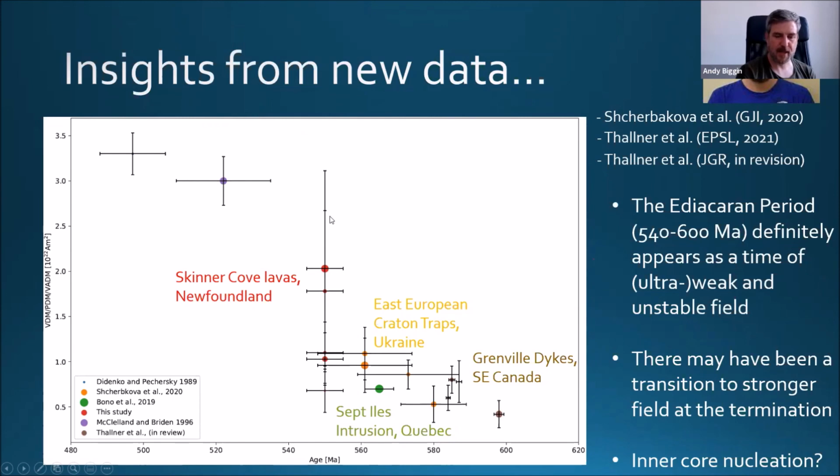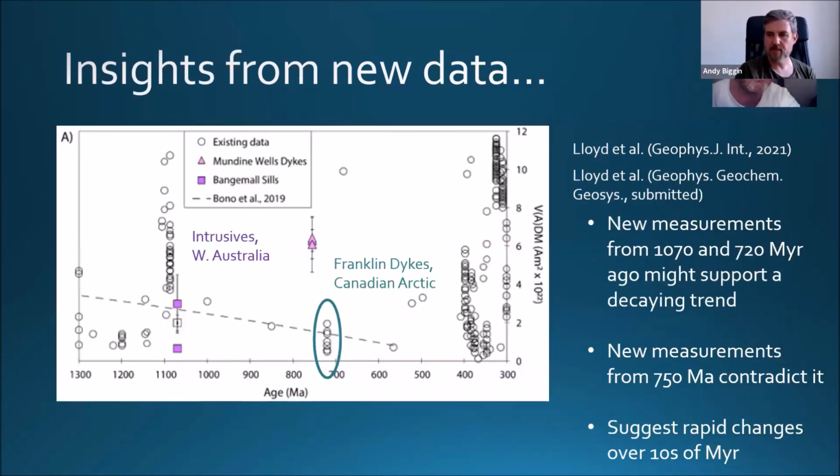Put all that together, and you look at the extant data from Malawi and from the Urals, and it looks quite intriguing, as you've actually got a sharp rise here, as we might expect from inner core nucleation. So that's all nice, but things become a bit more complicated when you add more data to the mix of different ages. So now I'm talking about the work of PhD student Simon Lloyd, and so 2 papers